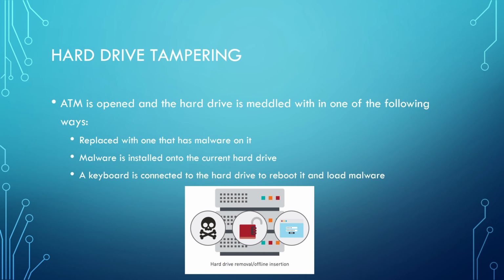So in the first method of jackpotting called hard drive tampering, an ATM is physically opened and the hard drive is meddled with in one of the following three ways. In the first way, the hard drive is removed and completely replaced with a new one, which has malware installed onto it. In the second method, the hard drive is not replaced, but malware is installed onto it. And hackers would have to bypass the security protocols that are on the hard drive and motherboard. And then in the third way, a keyboard is connected to the hard drive to reboot it and load BIOS to